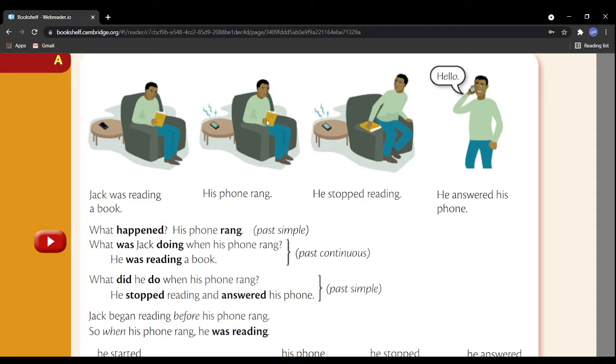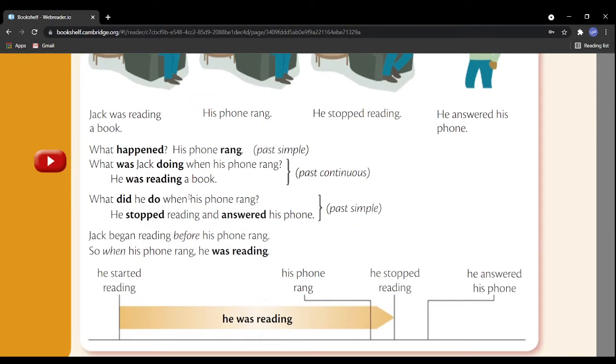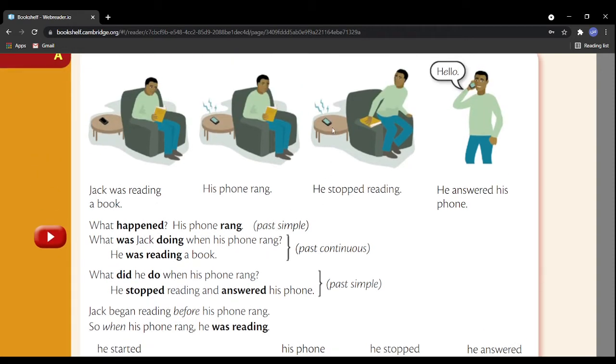هذا اللي كان continuous في past. Okay. So and then what did he do when his phone rang? وش سوى يوم يرن التلفون؟ What did he do? خلاص هذا action عادي simple past. Okay. What happened? Yes, he stopped reading and answered the phone. وقف قراية. He stopped reading وقام ورد على التلفون. He answered the phone. So you see it here.